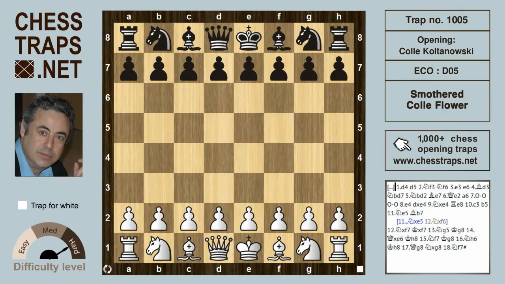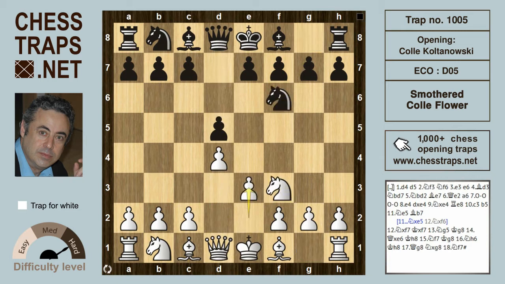Hi there, this is the smothered cauliflower in the Colle Koltanowski system, where black is punished in the cruelest of ways for slow and wasteful play. After d4 and d5, knight f3, knight f6, the Colle with e3, black follows suit with e6, bishop d3 and